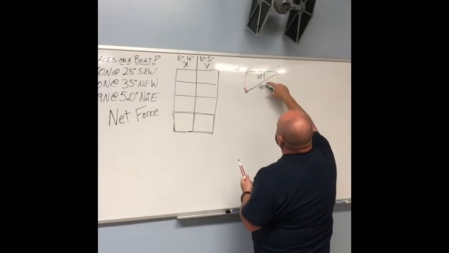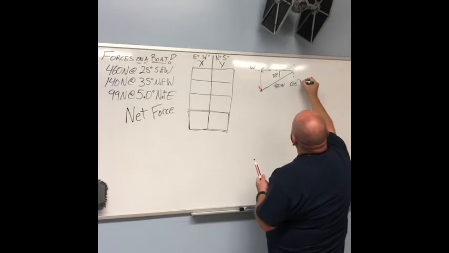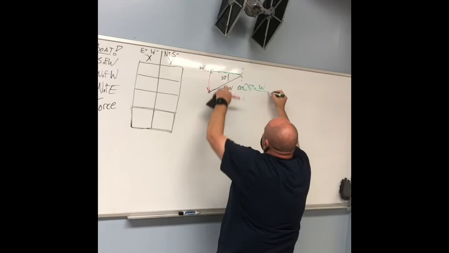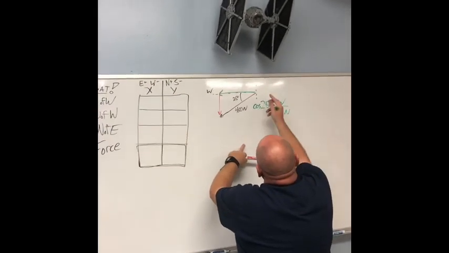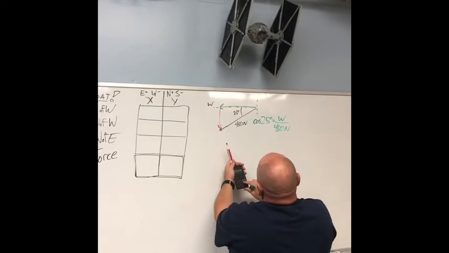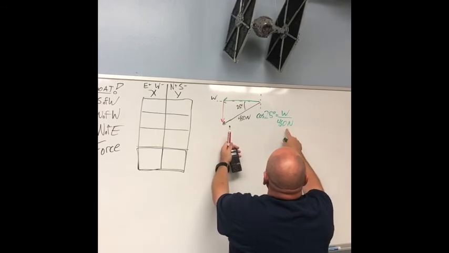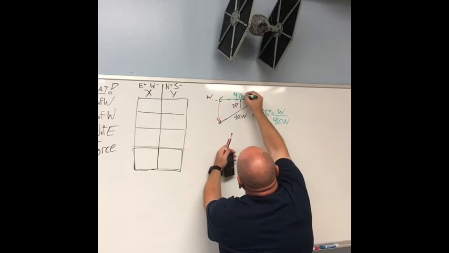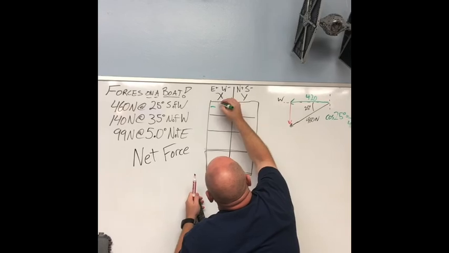All right, so we know that the cosine of 25 degrees is going to be adjacent over hypotenuse. So you just multiply: 25 cosine times 460, and I get 417. Looks like I have two sig figs, so I'm going to call that 420. And that's west, so that is negative